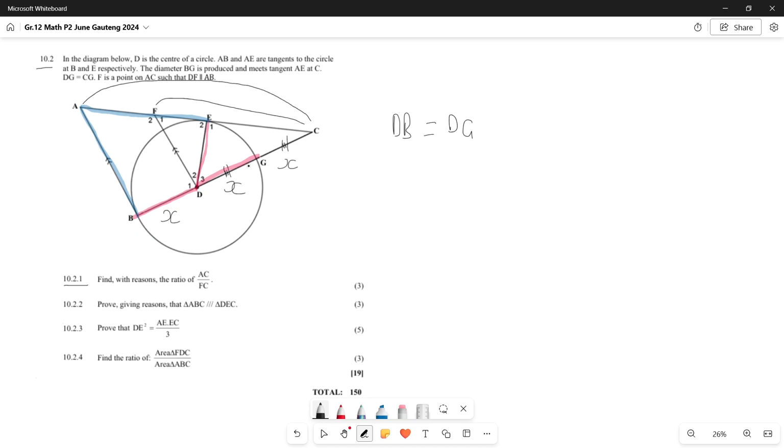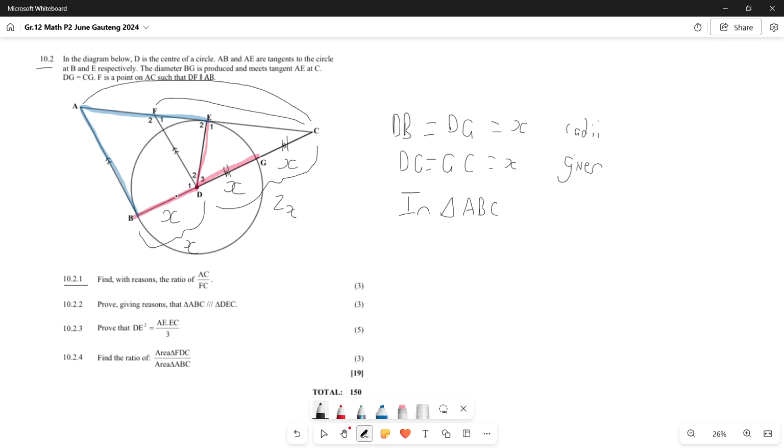So DB equals DG equals X because radii. And then we can say DG equals GC equals X given, which means over here for D to C, we have 2X, and here from D to B, we just have an X over there,